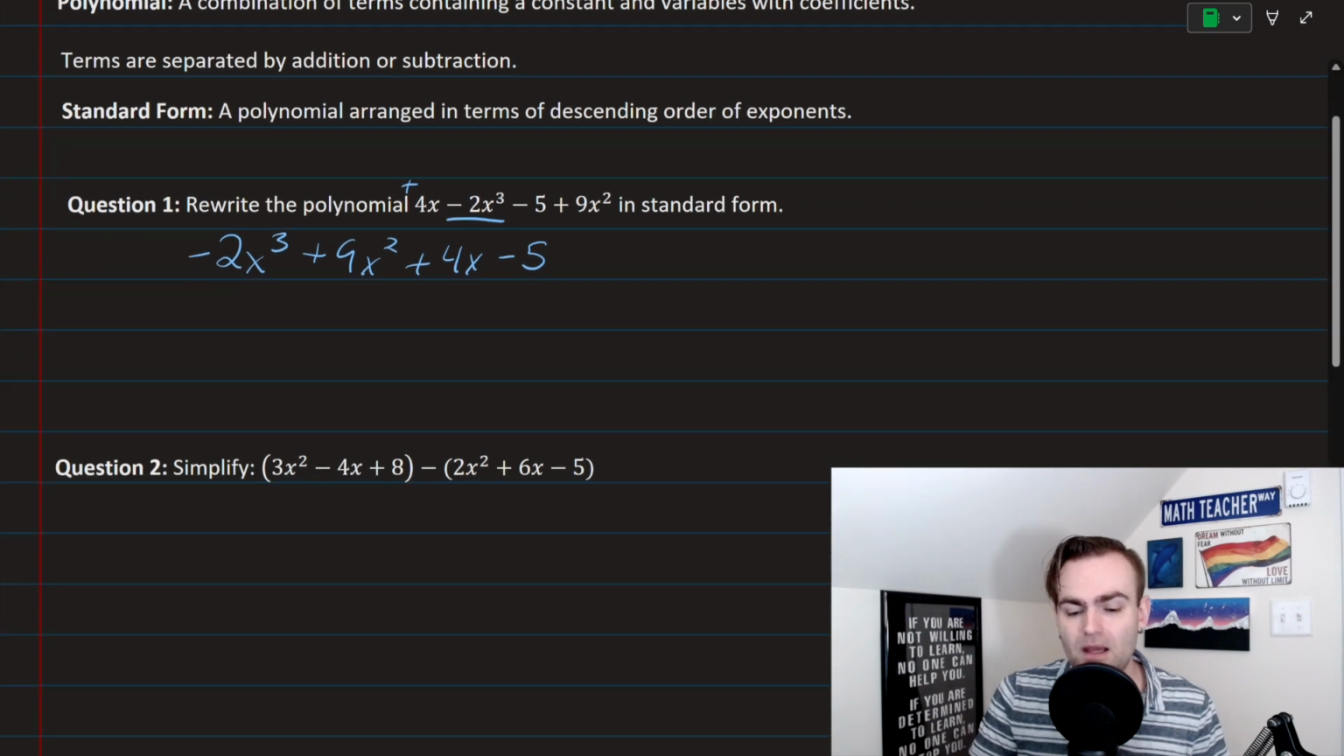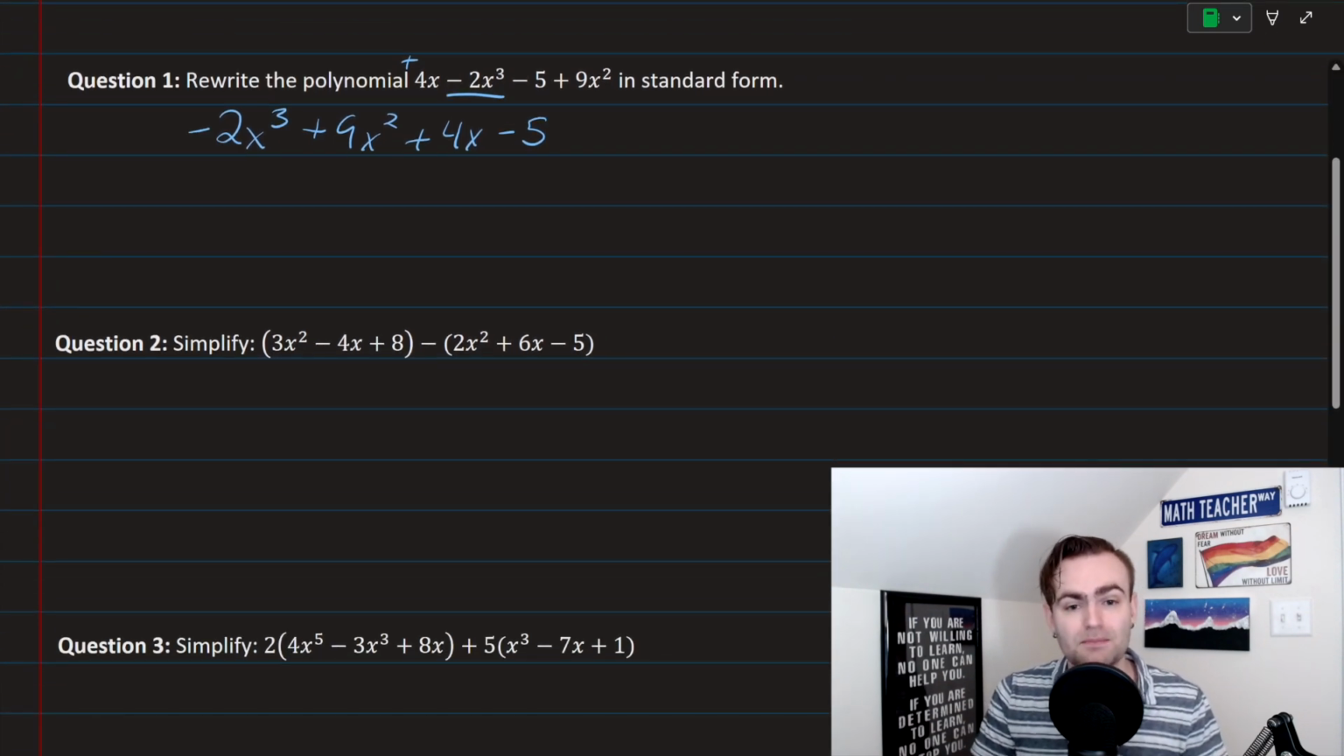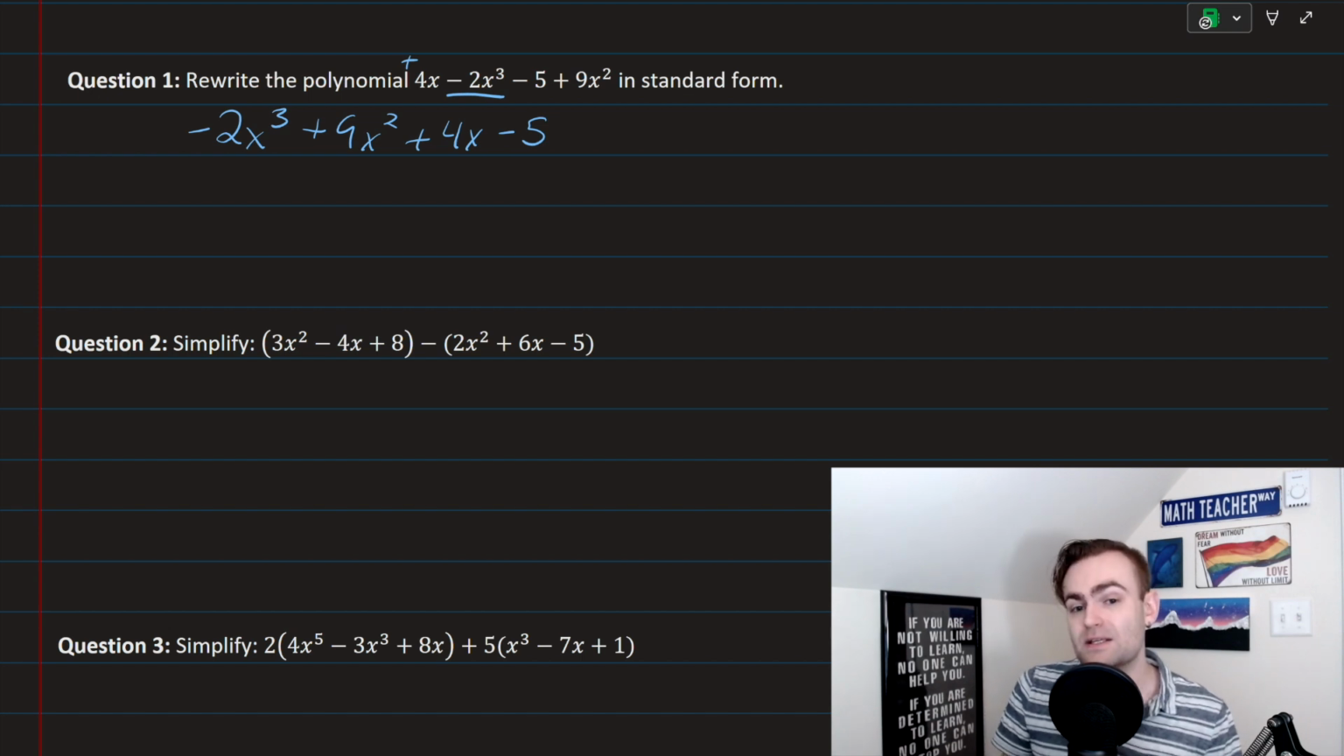Not too bad. When we add or subtract polynomials, we want to make sure that we are only adding like terms to each other. What is a like term? Well, a like term is where we have the exact same variables in the same amount. What do I mean by that? I mean that x squared and 5x squared are like terms, same variable, x, in the same amount, we have two of them. But if I have